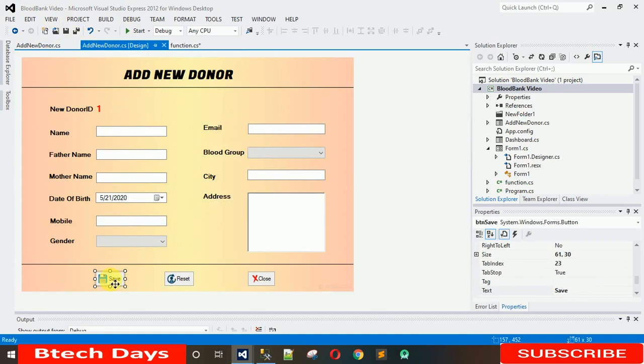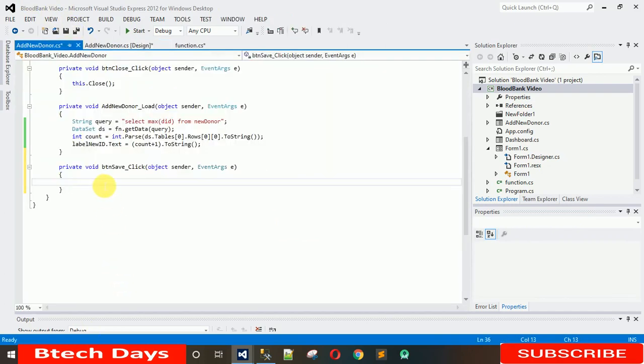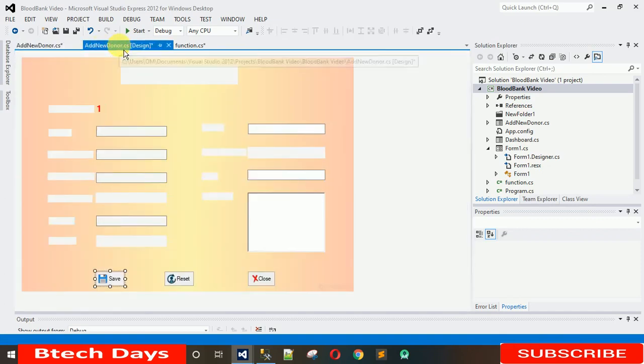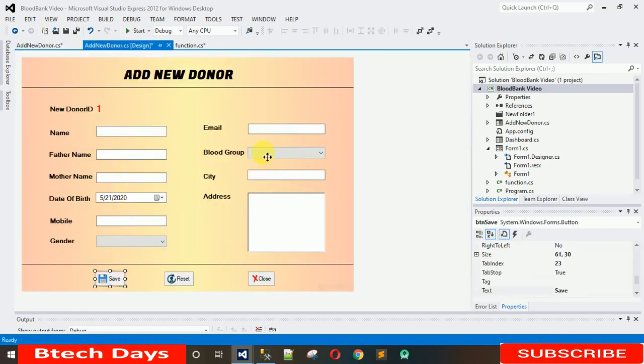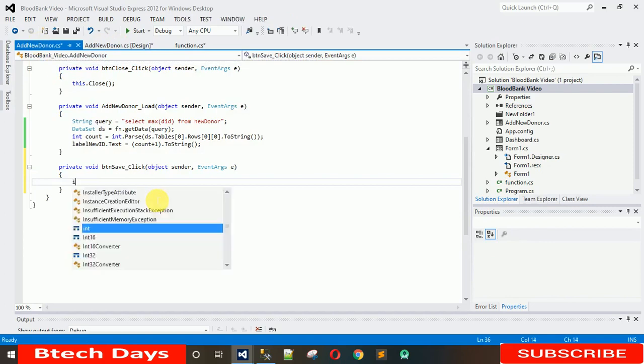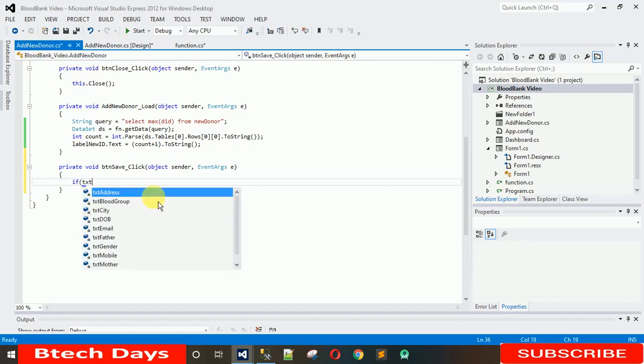After this, when I click on the save button, I want to extract the values from these text boxes and then save them into the database. So let me double click on this. Here you can see this. First I want to check that none of these text boxes are empty while we insert the data. So first, if the first text box, txtName.Text, is not equals null. In this way,